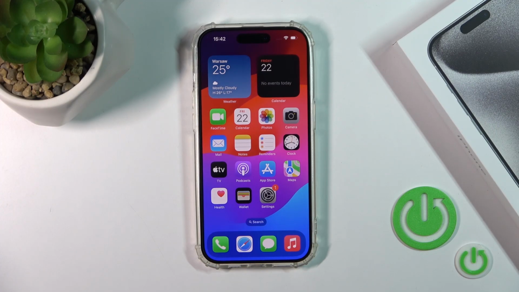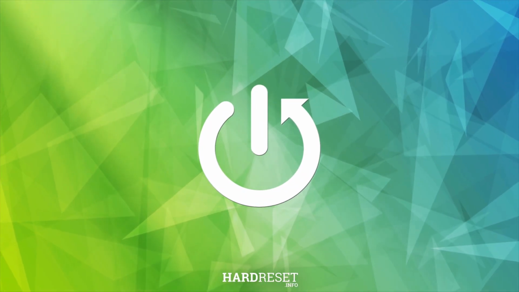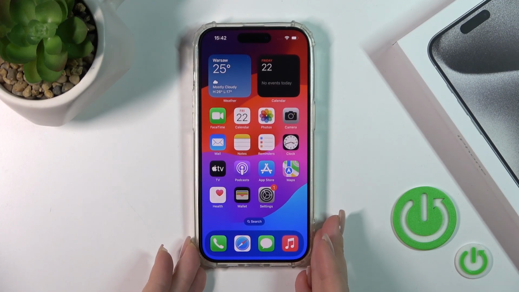Welcome, this is the iPhone 15 Pro and I'll show you how to change screen recorder sound settings on this device. So if you want to record something on your iPhone 15 Pro and you don't know how to change the